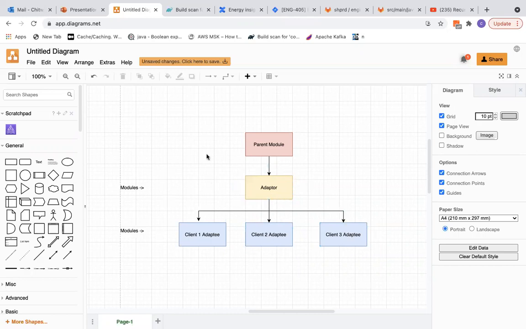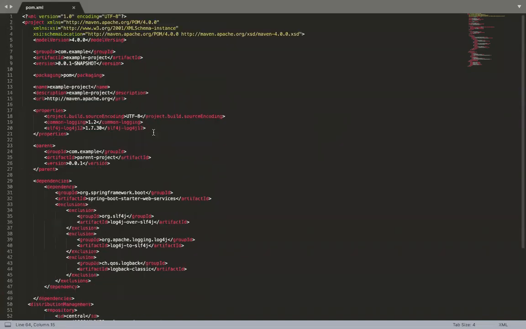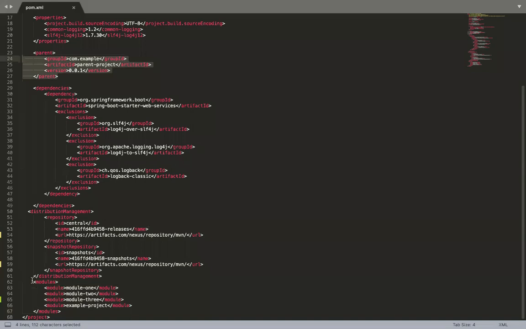So all these adapters and adaptees, meaning the client implementations, will act as modules and will be created as separate jars, but will be included in the parent as modules. That's what we call a multi-module project, and that's how we define it. We define a parent, this is our current project, and we define the modules here, whatever modules you are creating.